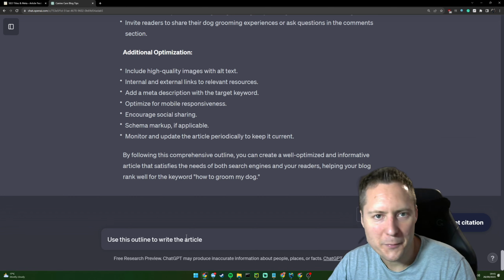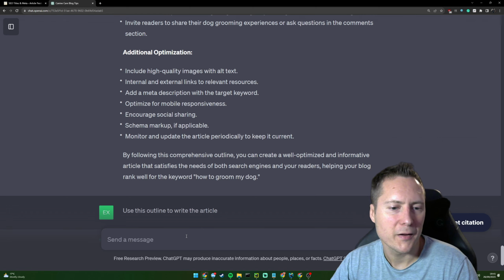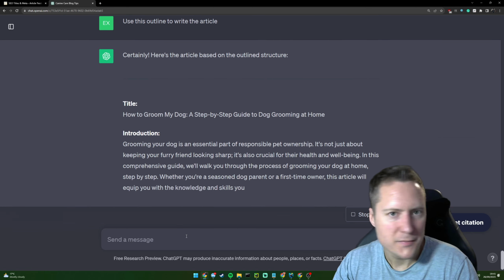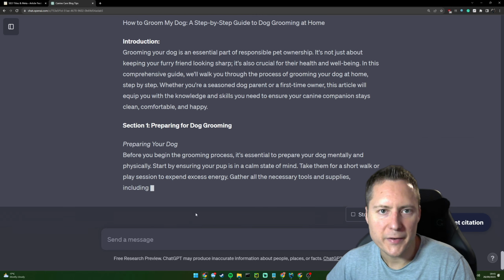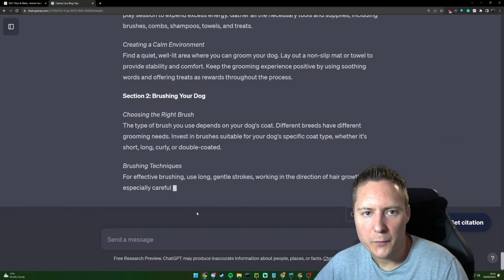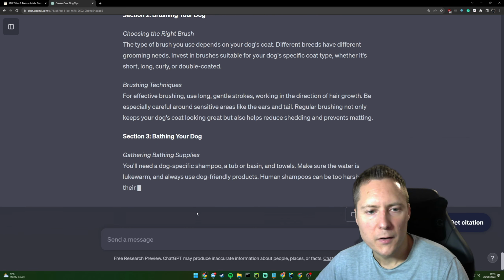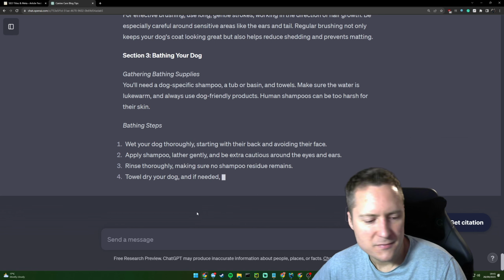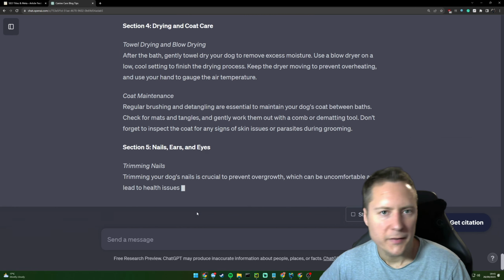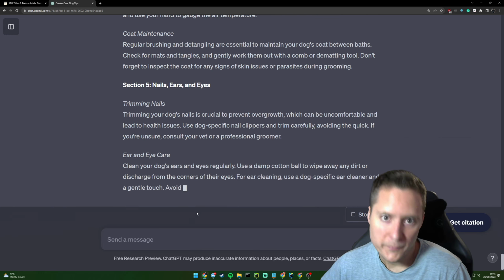It's very important that we prep it and tell it what we're trying to do. And from here, I'll just say, write the article, and it's just going to start filling it up with all the things that we might need. And that's a very simple way that you can write an SEO optimized article that will stand on its own feet as something that has an opinion, is well researched,